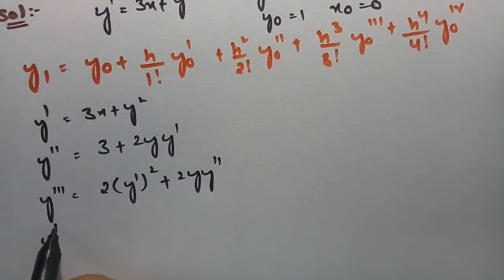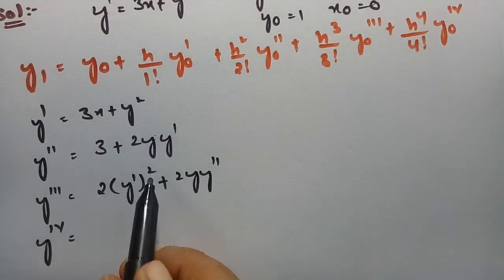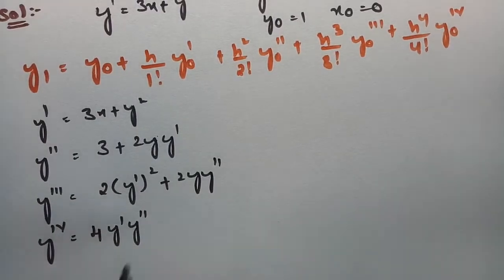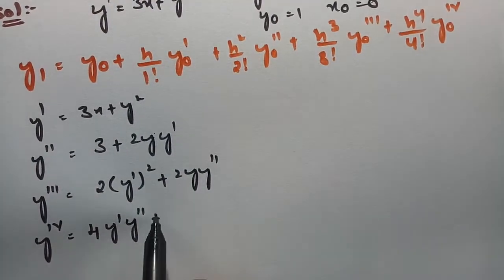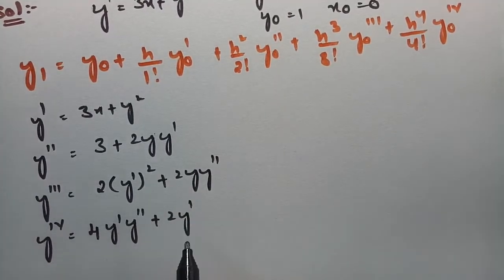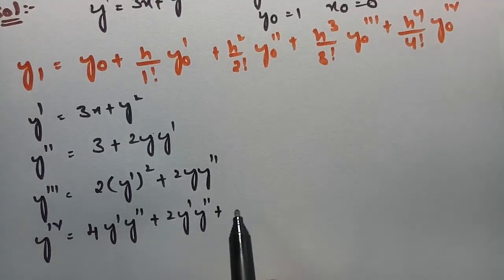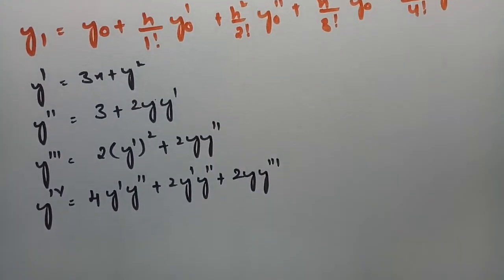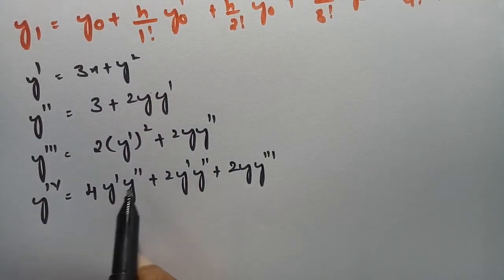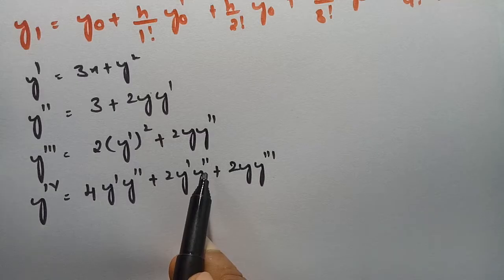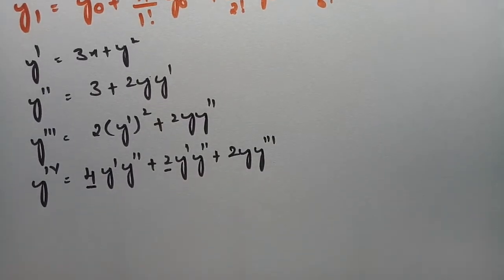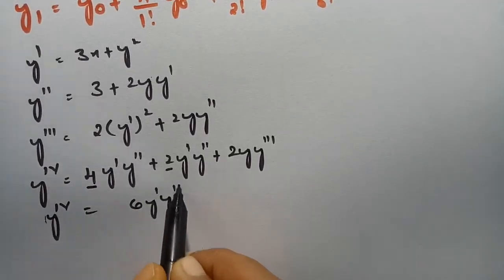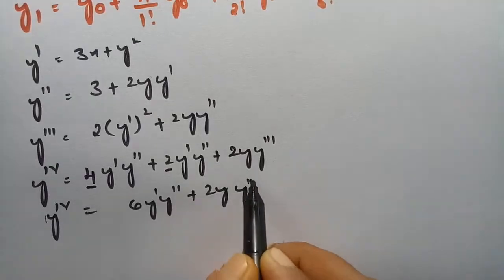If I derive for the fourth time, these two 2s make 4, this is y dash, and again for y dash it is y double dash, and this is the UV rule. So we make a derivative of y, which is y dash, leave y double dash like that, and this is 2y. For y double dash we make the derivative, that is y triple dash. These are like terms, y dash, y double dash, and here also y dash, y double dash. So we add up 4 plus 2, this is 6, so 6 y dash y double dash plus 2y y triple dash.